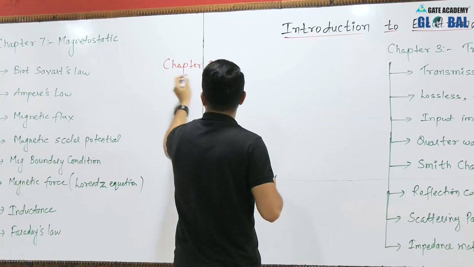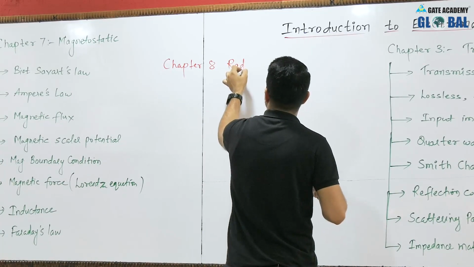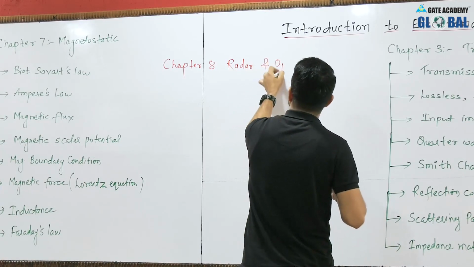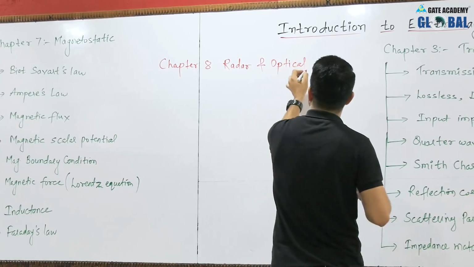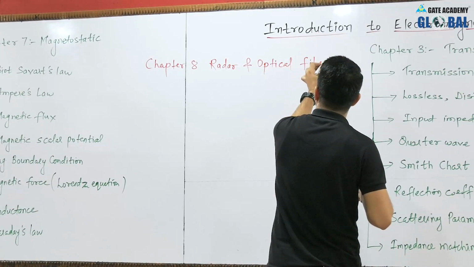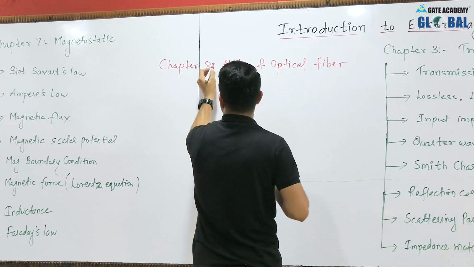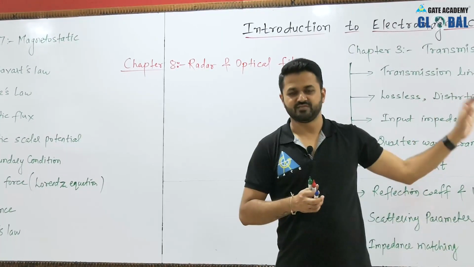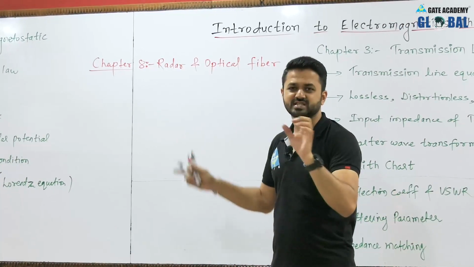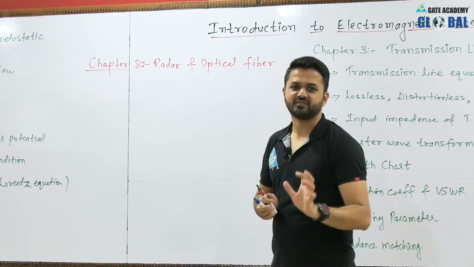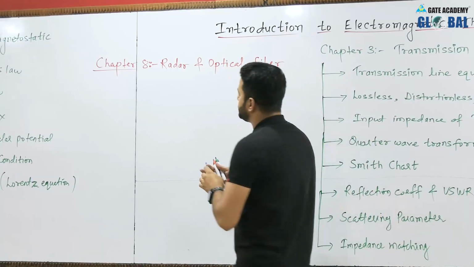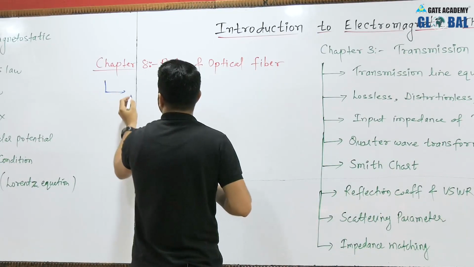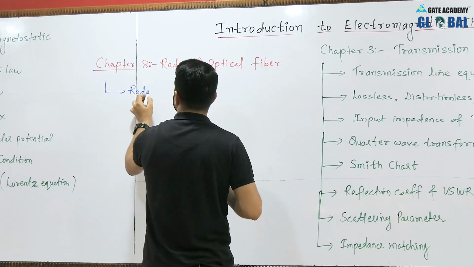chapter 8, which is radar and optical fiber. This chapter you can prepare very easily, so you cannot leave this chapter while you are preparing this subject. Along with the 5 chapters you can prepare this chapter, because it has very few topics and very few formulas to remember. So here we will cover the radar range equation,